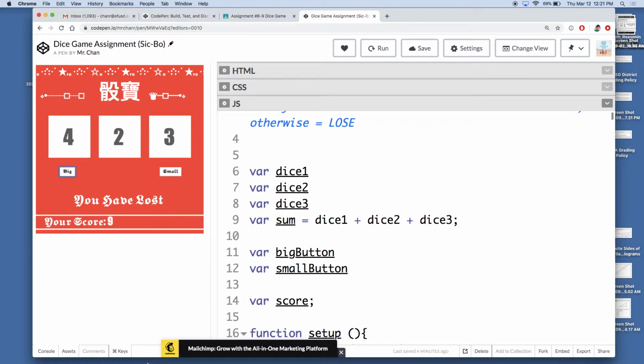I have these numbers. I pressed big one last time, 4 times big. I have the numbers 4, 2, and 3. I just displayed a score of 9. And then this is somehow a loss. Is that right though? 6 and 9. Wait. Shoot. My example. What are the odds, right? So in this case, it happens to be the same thing because the scores both add up to 9, right? So not the best example. It should have been something else, but